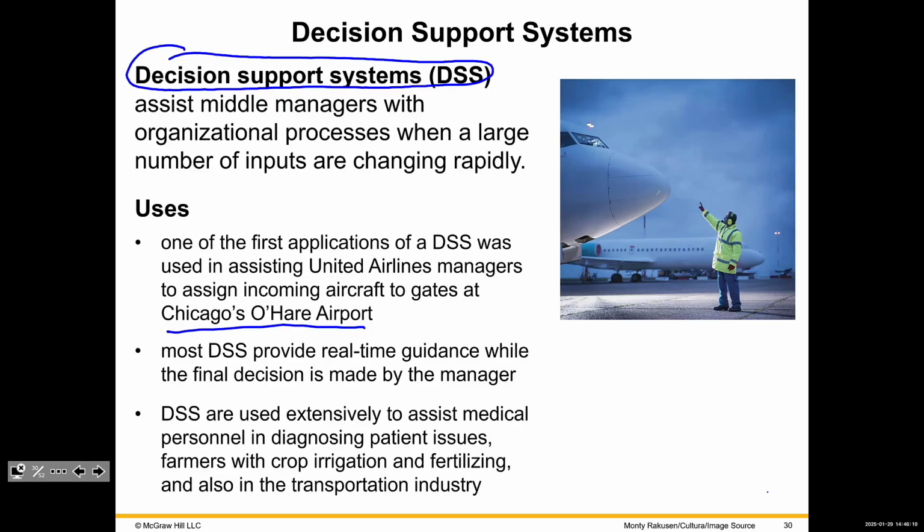So that was one of the first applications. Maybe this DSS at Chicago isn't doing so great because we get delayed. But anyway, it's supposed to give you real-time guidance. So not batch processing, right? Because with batch processing, you're in trouble. That we do in one big batch. So we can do that for maybe accounting, we can probably do that for HR, but anything that's time sensitive, like airplanes, we can't do that, right? So we definitely cannot handle that.